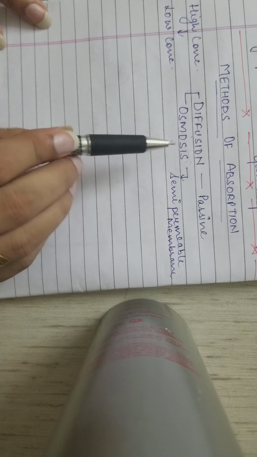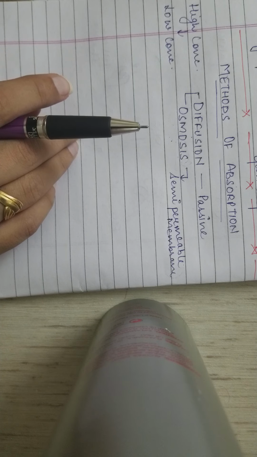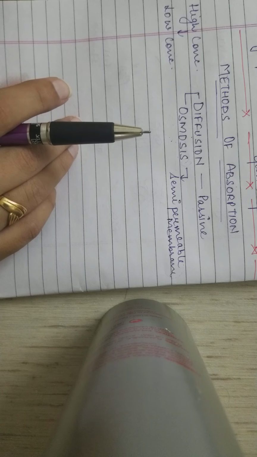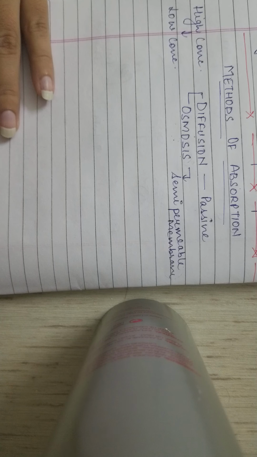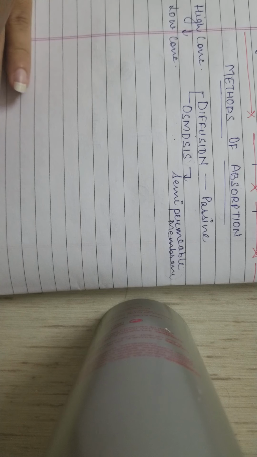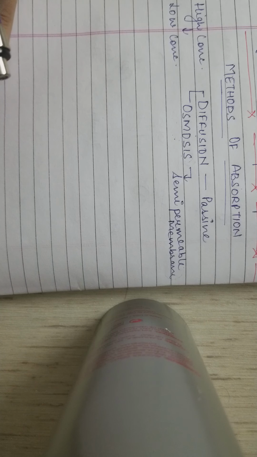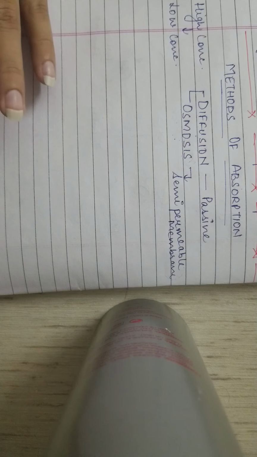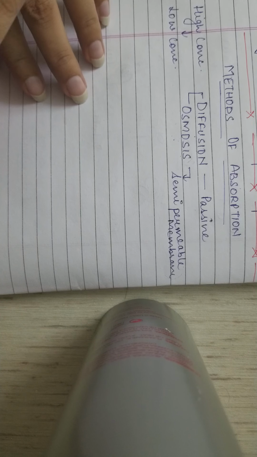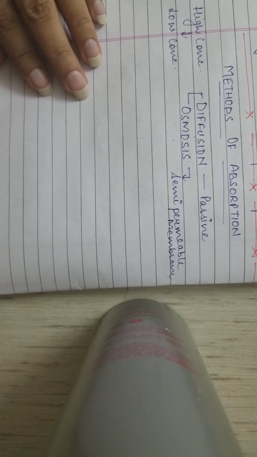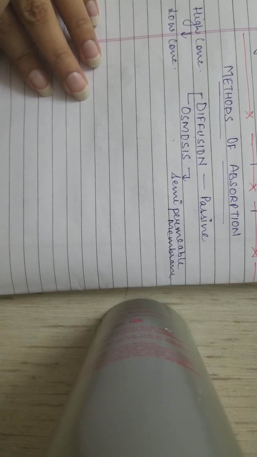So you must have noticed diffusion when you open a perfume bottle in one corner of a room, but you can smell that fragrance from a distance, because the molecules where you have opened the bottle were in high concentration at that place, so the molecules from there move to the region of the lower concentration. So that takes place through diffusion.